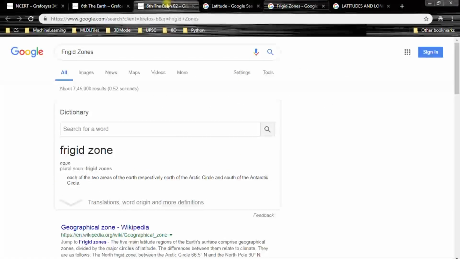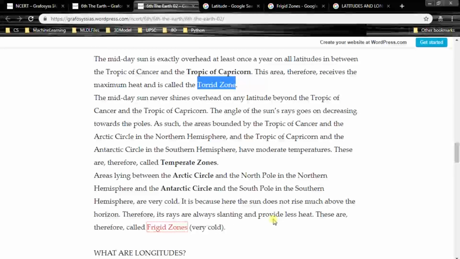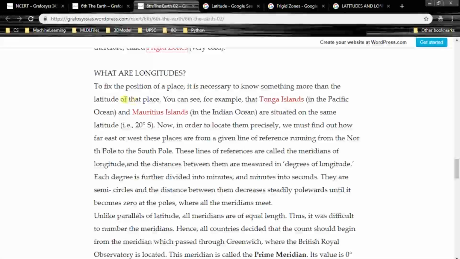So the same definition has been given. I hope you guys understood the torrid zone, temperate zone and frigid zones. What are longitudes? To fix the position of a place, it is necessary to know something more than the